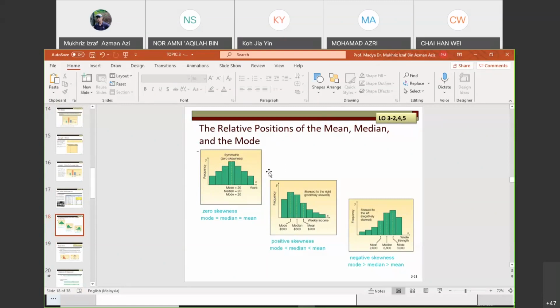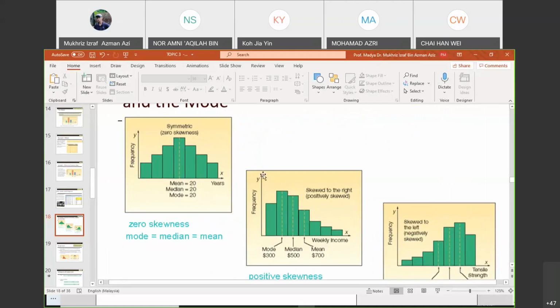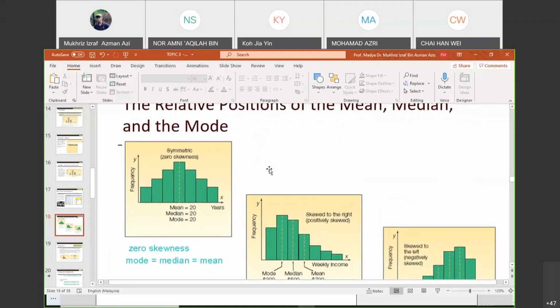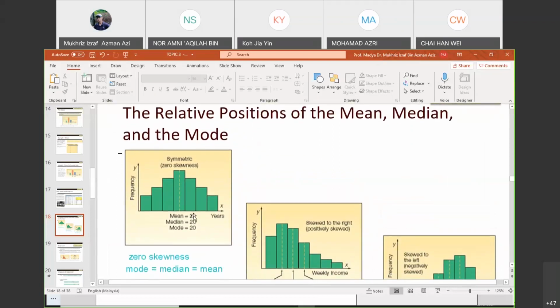In statistics, whenever you plot your data, the shape of your histogram can be interpreted into what we call skewness. Skewness comes from the word skew, whether it is skewed to the right or skewed to the left, or it is not skewed at all, or in the middle. Let's say if you drive a car, of course this is not the exact meaning of skewed, but if you own a car,